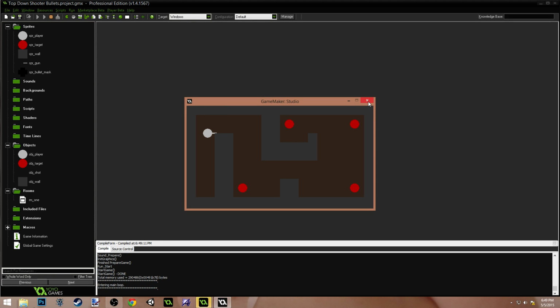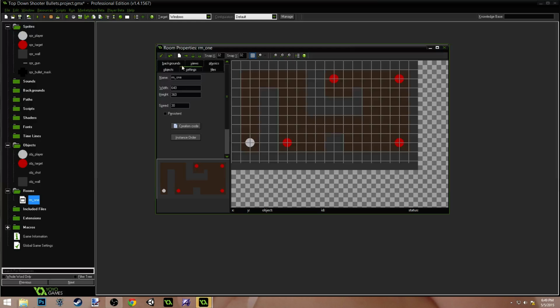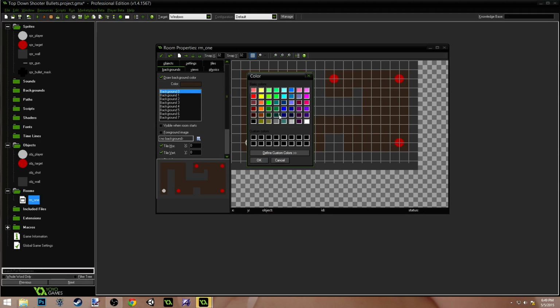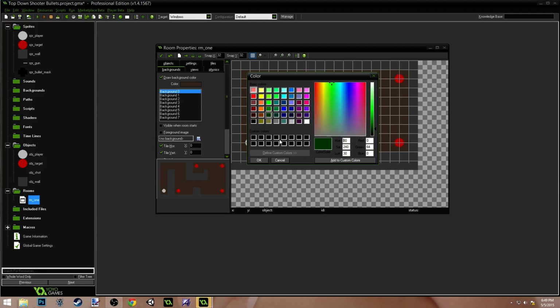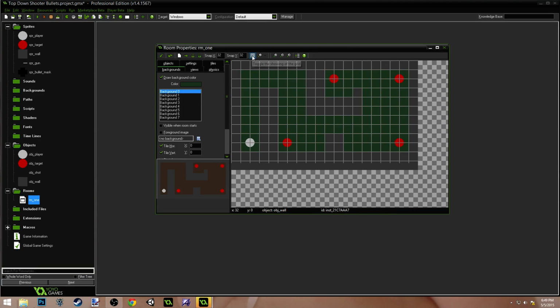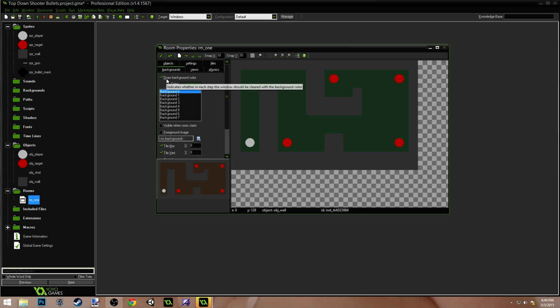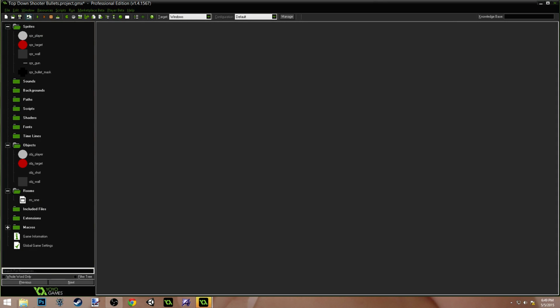Everything works great. Sweet. That background color is driving me nuts. Let's make it green. Seriously, green is probably going to look better. Dark green. Yeah, that looks better. Doesn't look great, but it's better. Okay. So now let's add in the